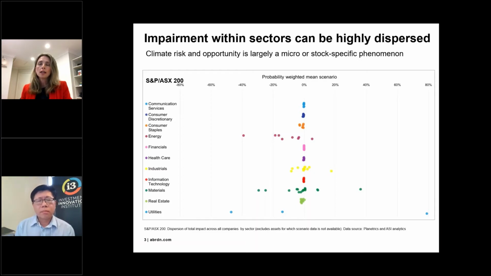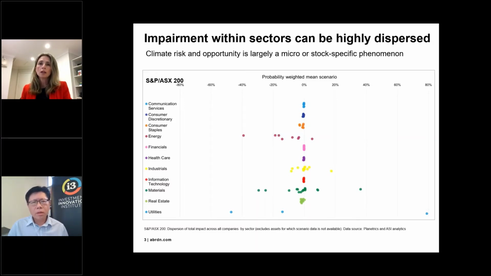That the greatest impacts from climate change risk are really in the utilities, materials, industrials, energy sectors. There will obviously be outcomes in other sectors, but that's where the majority of the risk and opportunity sits. And so if you were just analysing it at a sector or an index level, you would miss this opportunity to capture decarbonisation alpha by digging deeper into where exactly the climate risk and opportunity sits within the investment universe and within your portfolios, and that really comes to light in this slide.